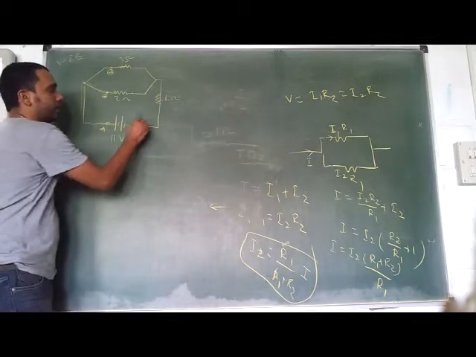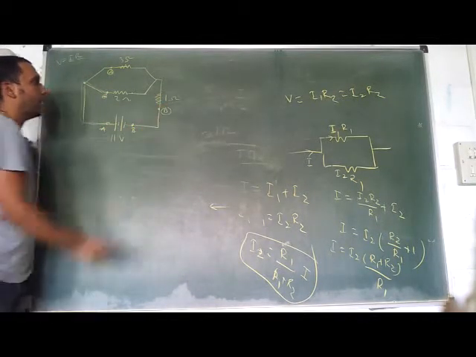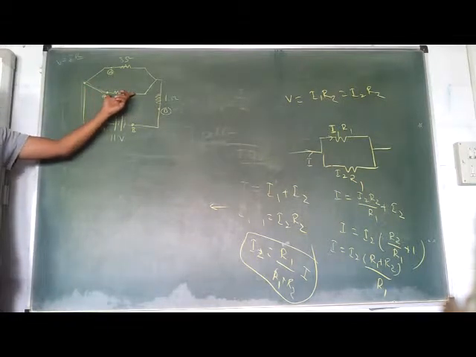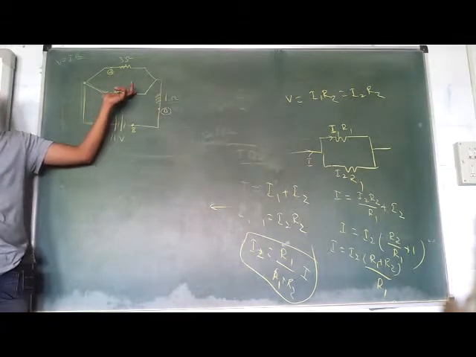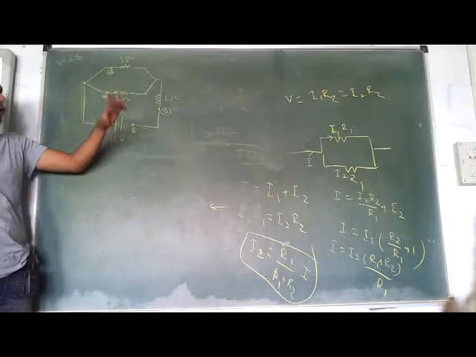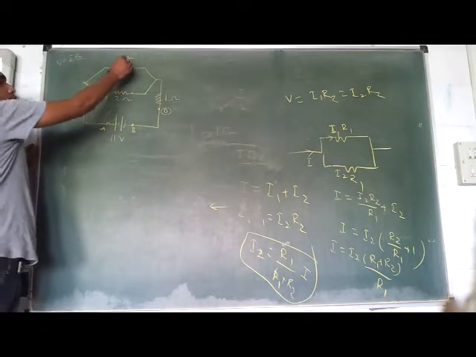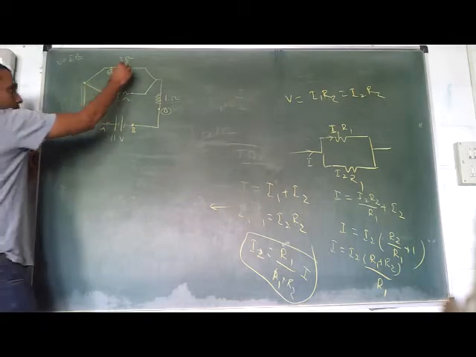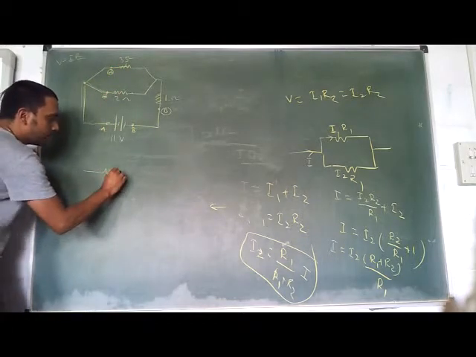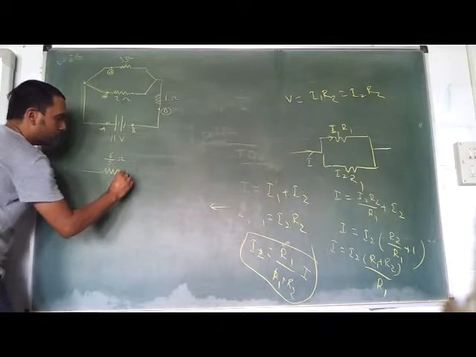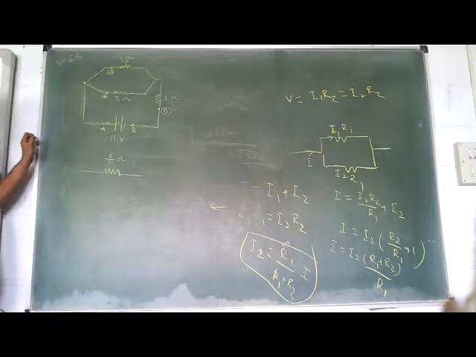Now similarly this point is till here, that point. I don't know the potential difference across this, hence I cannot calculate the current in this until I know the potential difference. So what I'll do is I'll try to reduce the circuit. These two will become how much? How much? 6 by 5 ohms. Using what? 1 by 2 plus 1 by 3 is equal to 1 by R.